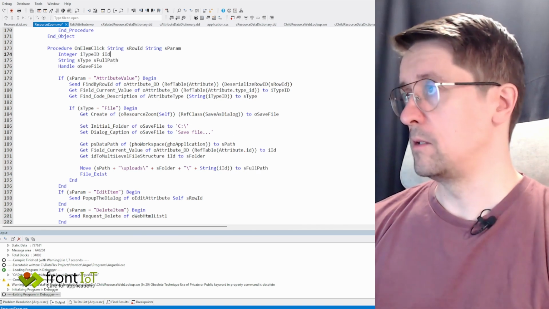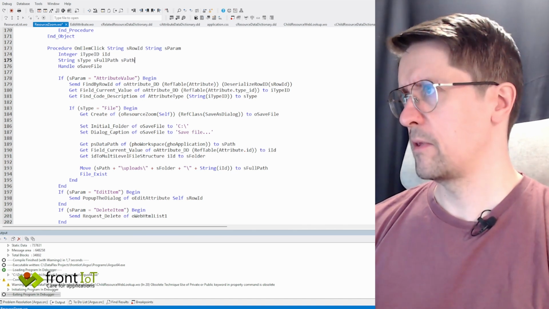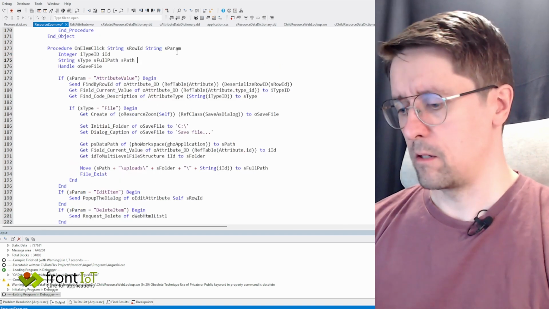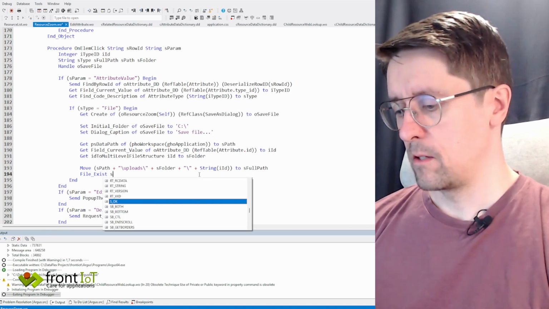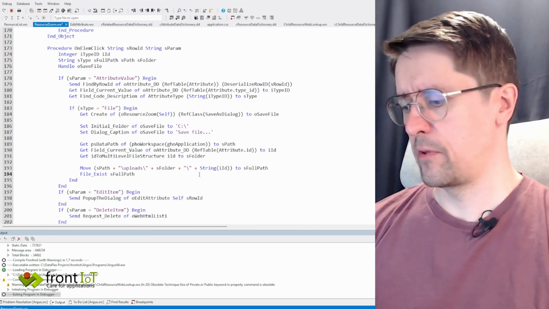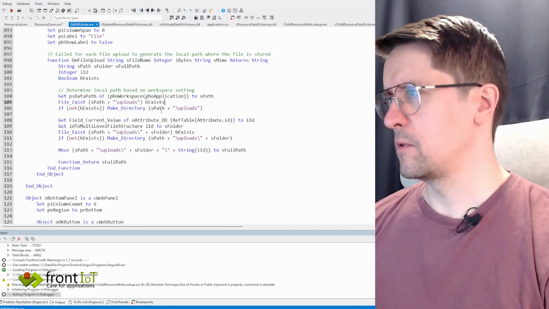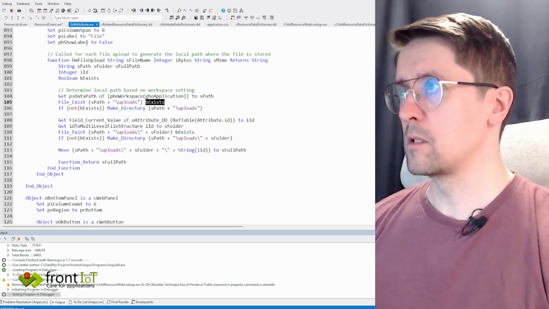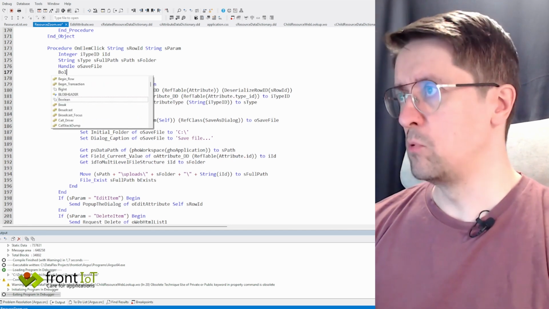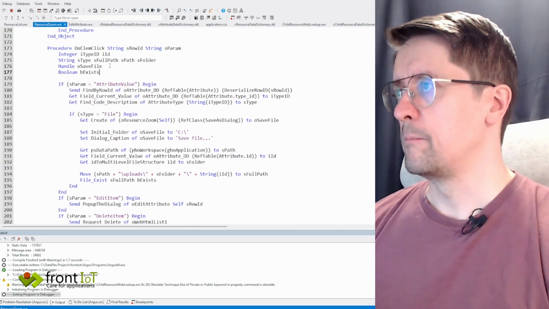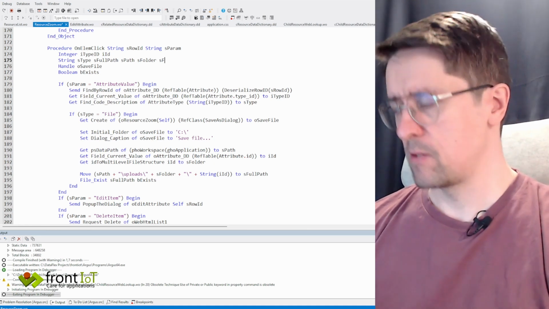We want an IID. We want the S path and the S folder. S full path. Yeah, what did we do? S full path exists. So we have a Boolean B exists. Now we also want the S file name